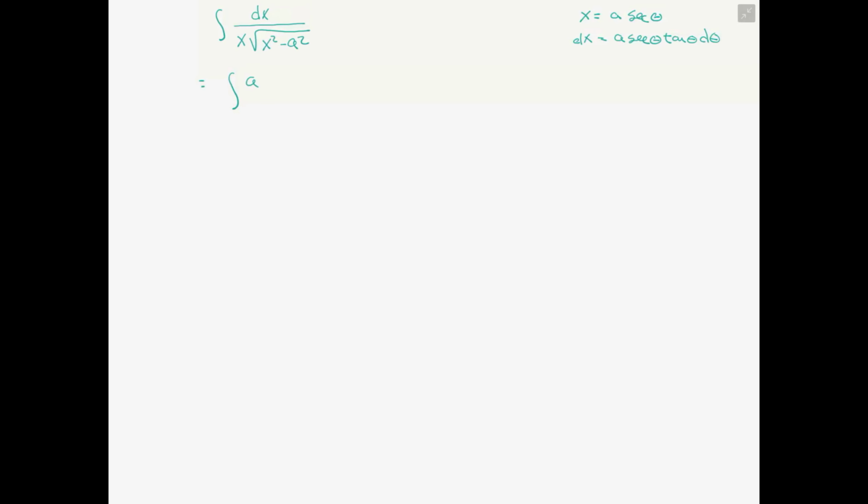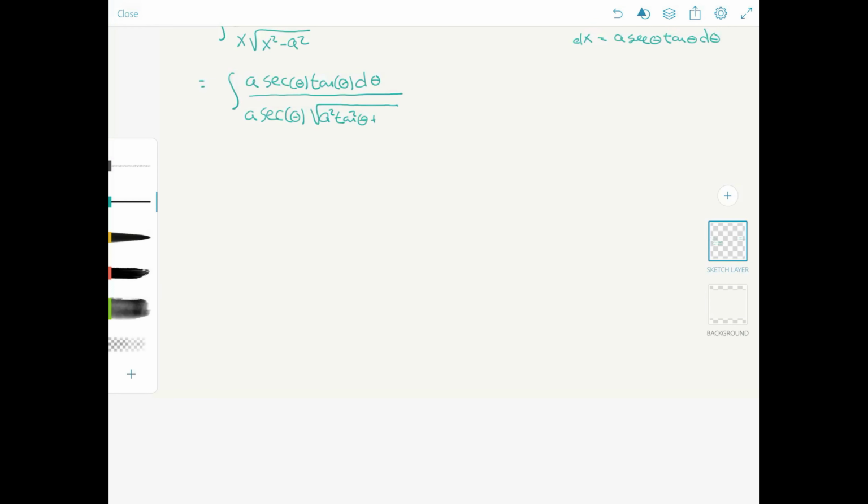And now we just plug that in. So we have a secant theta tangent theta d theta in the numerator. And we have x, which is a secant theta, and we have a squared tangent squared theta plus,